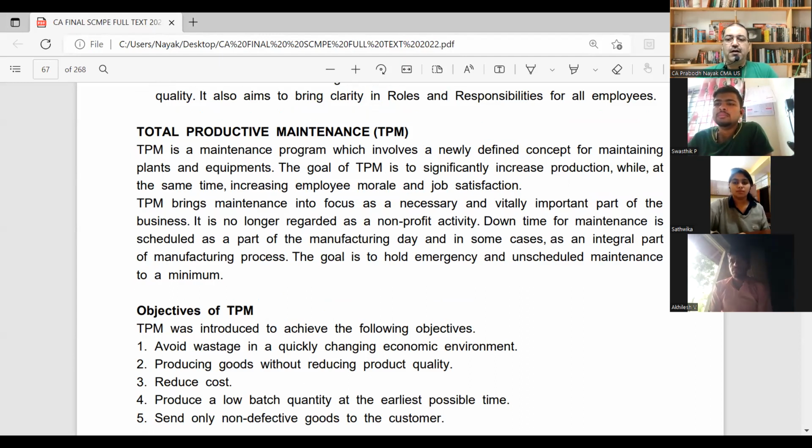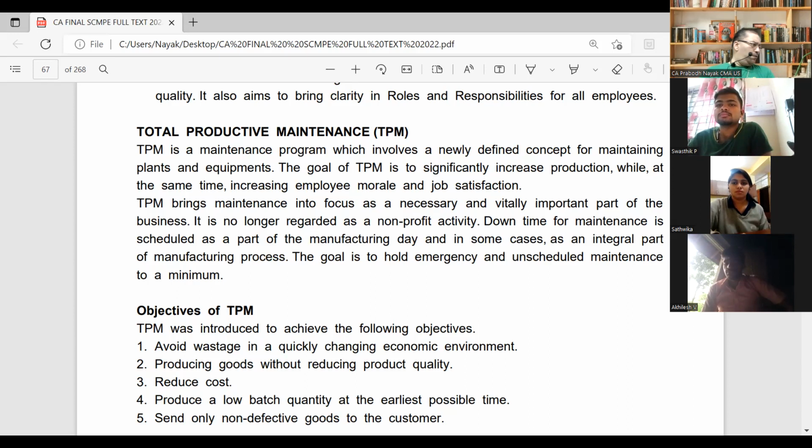Many times, when we are segregating activities into value-added and non-value-added activities, we feel that maintenance is not a value addition to the business and it is not a profitable activity. Therefore, it can be done away with, or it is not important, it is not significant. So, we are trying to stress upon this particular aspect of business, whether maintenance is a value-added, profitable activity, or it is not.